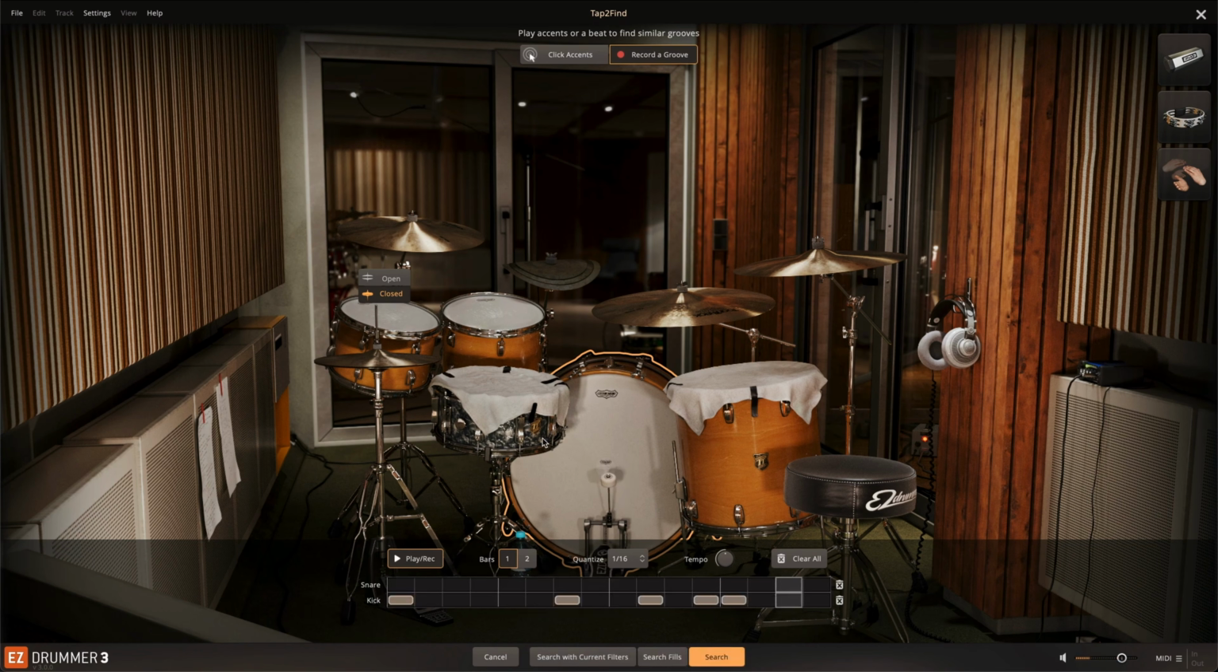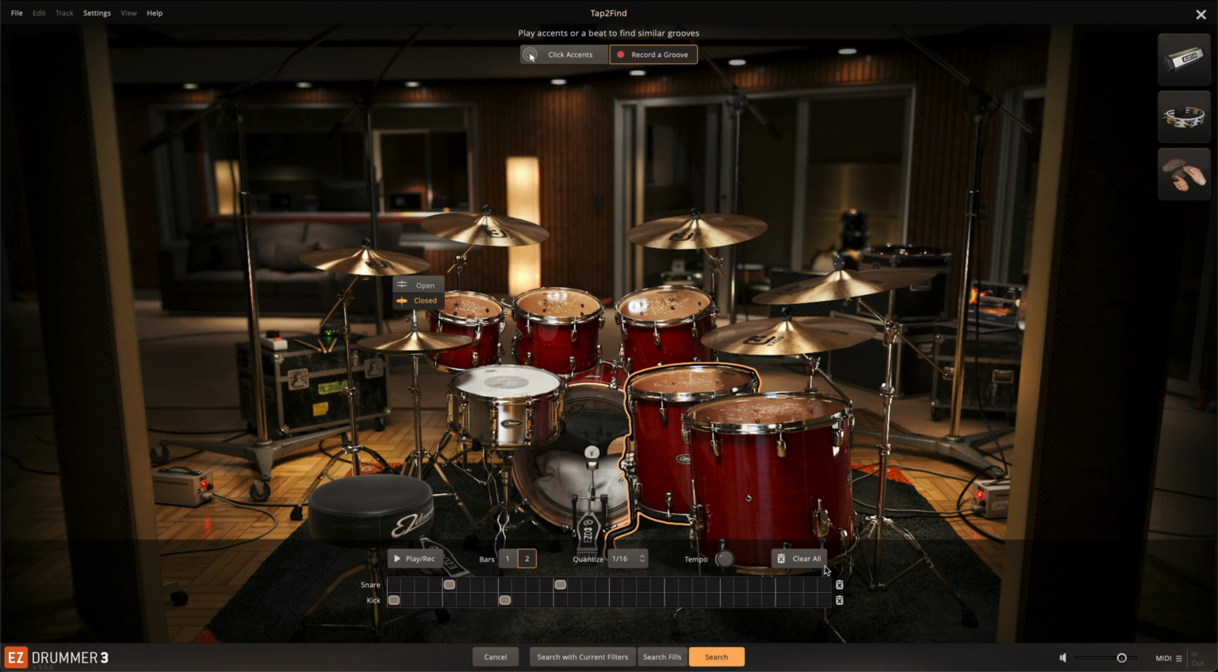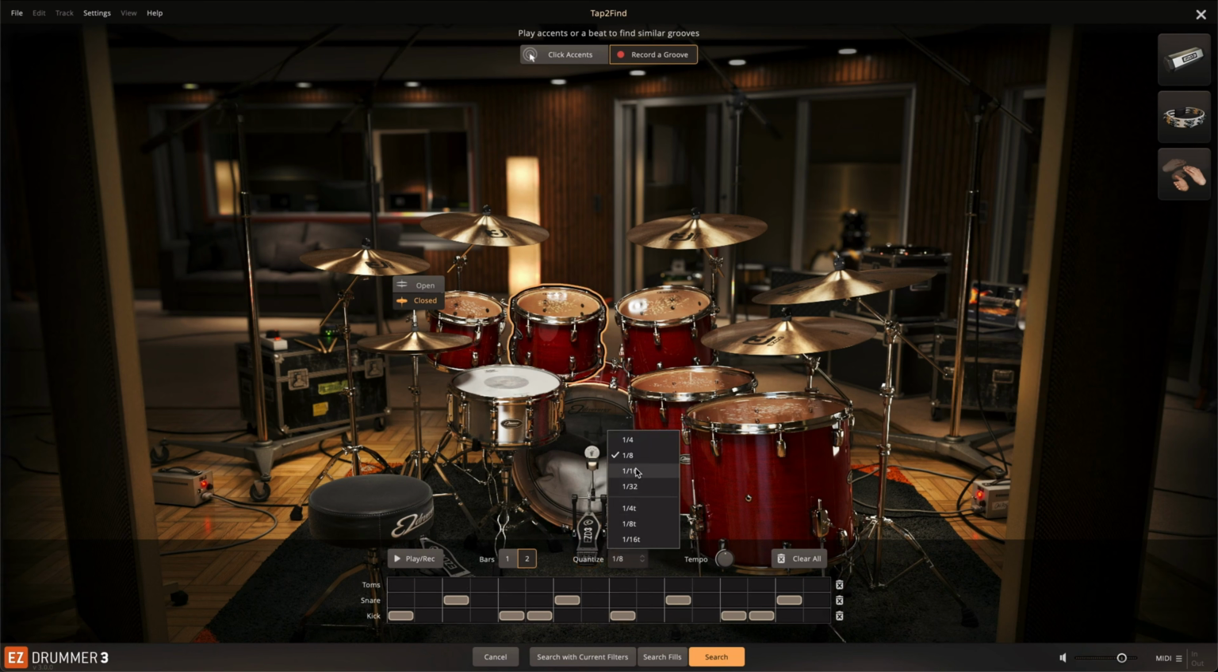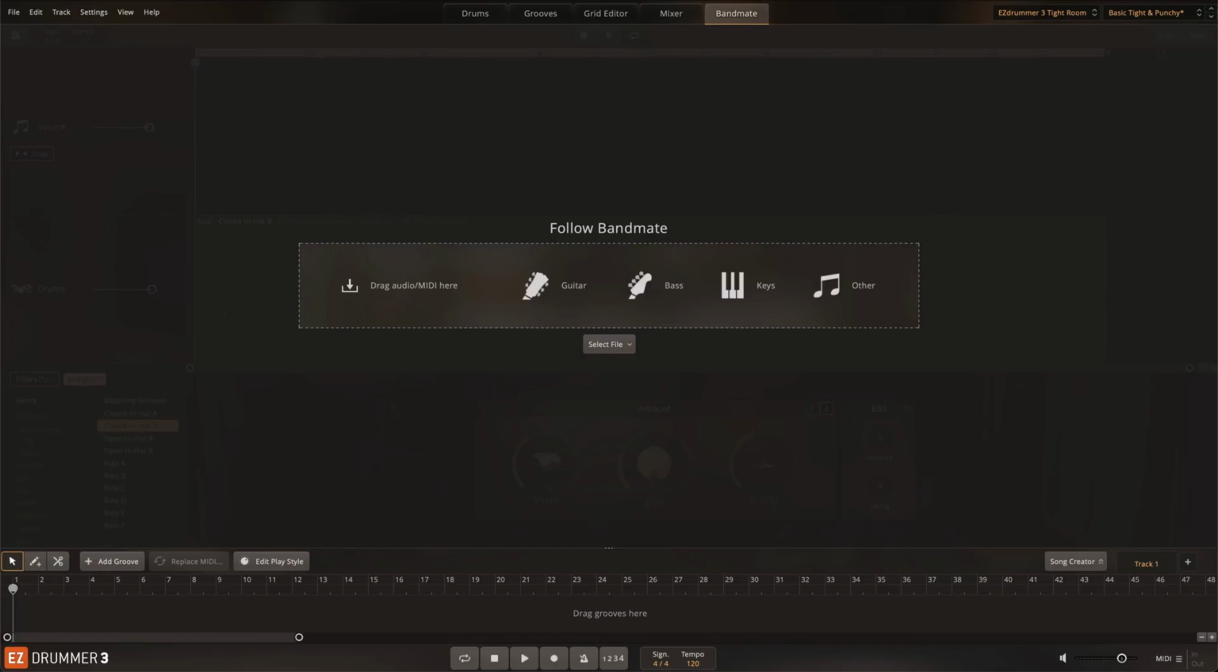In this example, you see a sequencer with just a couple of rows. But every time you tap on another drum, it's going to add another row to the sequencer. And you can change the timing of the sequencer or the granularity. It's extremely flexible. Another unique feature is something called bandmate, where you can drag music or audio from a source